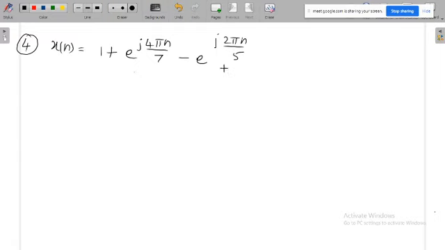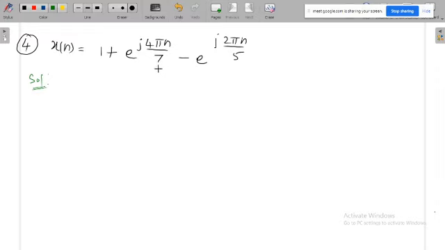That means you are just adding a DC component to the signal. If you assume that the exponentials are AC components because they vary with the time index, then the constant is a DC component. It is not varying with time, it is always constant from minus infinity to plus infinity. So it may affect the amplitude, but it will not affect the time period of the rest of the signal. Without worrying about that constant, you can calculate the period of the rest of the signal, and then calculate the combined period finally. Before that, we will calculate the period separately.